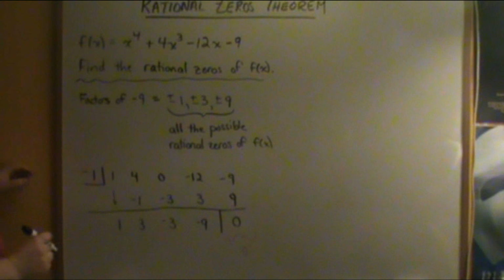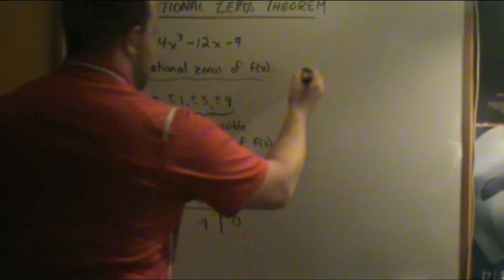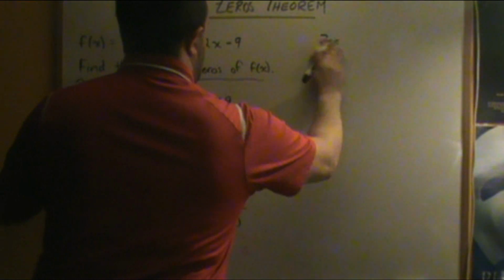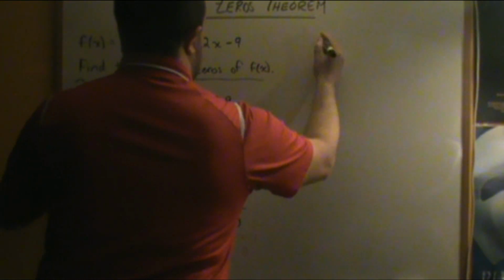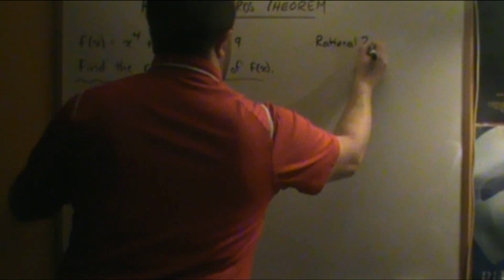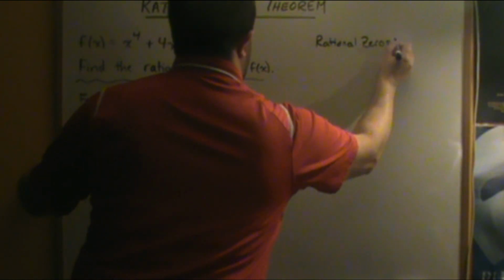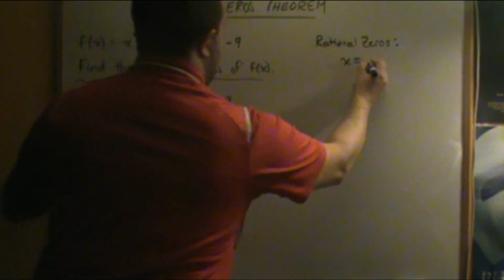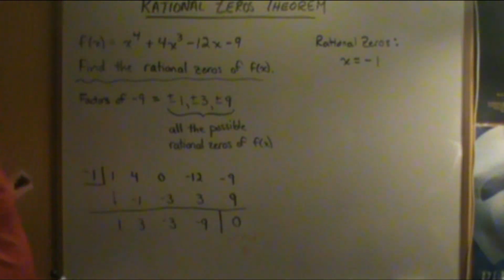So that tells you that one 0, or one rational 0, is at x equals negative 1. Let's see if we can add anything else to that list. So now that we use this